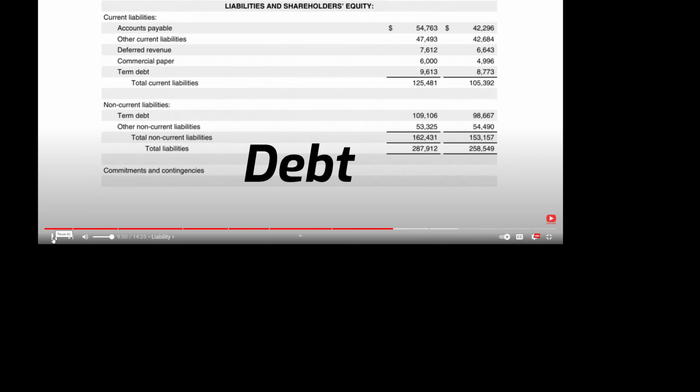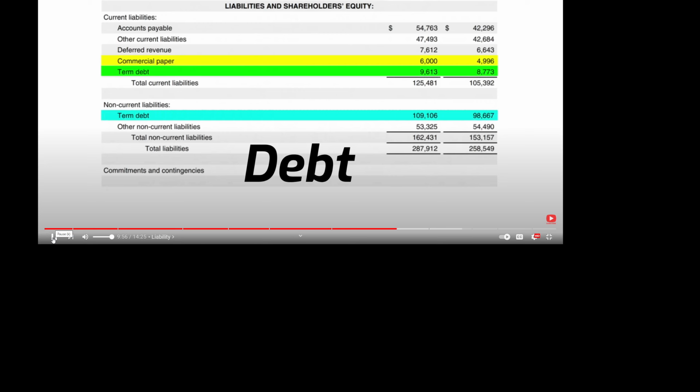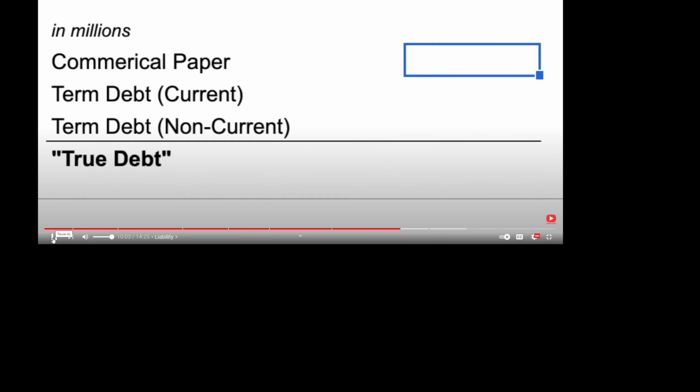In the case of Apple, their debt is listed as 3 separate lines: commercial paper, the current portion of term debt, and the non-current portion of term debt. Just a reminder that current means the debt is due within 12 months, while non-current means due at a time longer than 12 months. In order to calculate what I refer to as Apple's true debt, we have to add